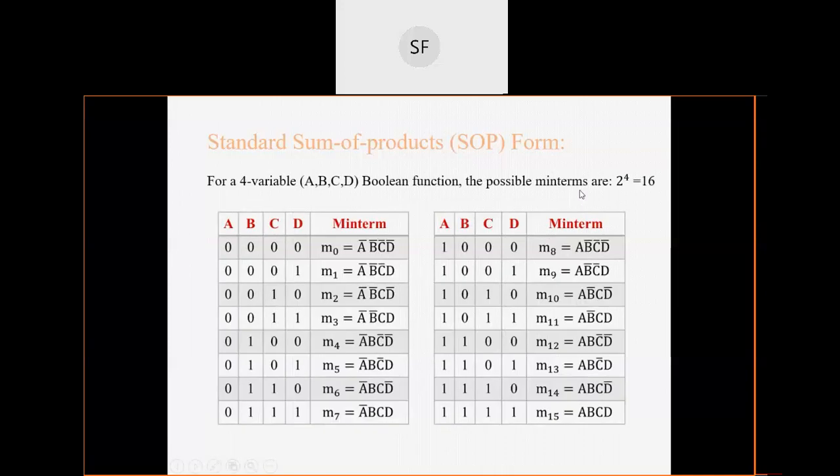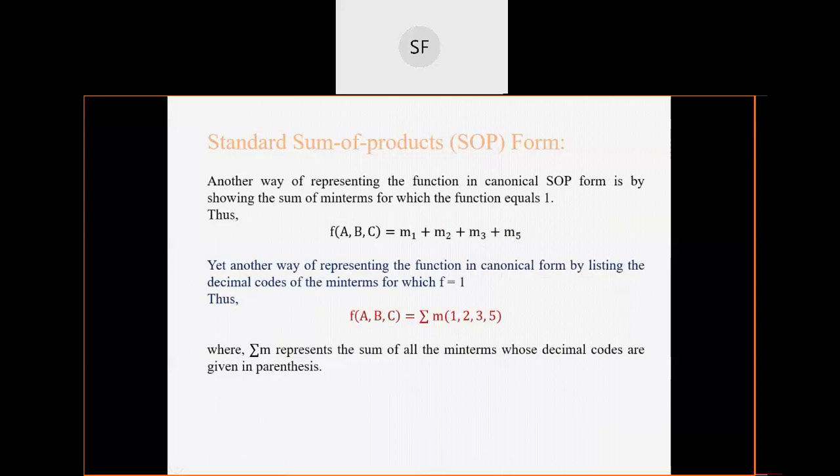Then for 4 variables also, the total possible minterms will be 2 raised to power 4, that is 16. If you observe, this is the equivalent of 0, 1, 2, 3, 4, 5, 6, 7, the binary equivalent of 7, and then here from 8 to 15. So a total of 16 minterms are present, and you apply a similar logic. If the value assigned to a variable is 0, you take the complementary form, and if it is 1, you take the non-complementary form, meaning simple A, B, C, right?